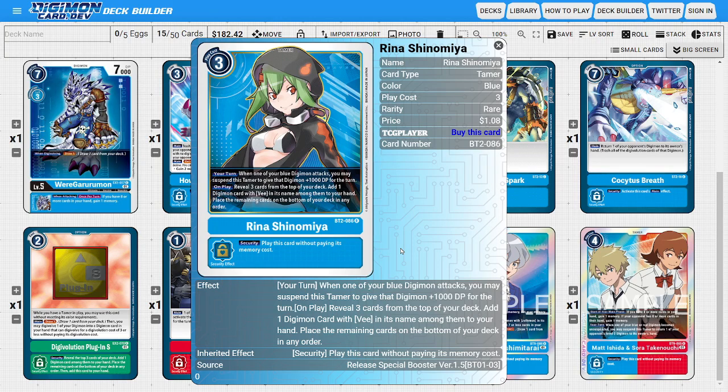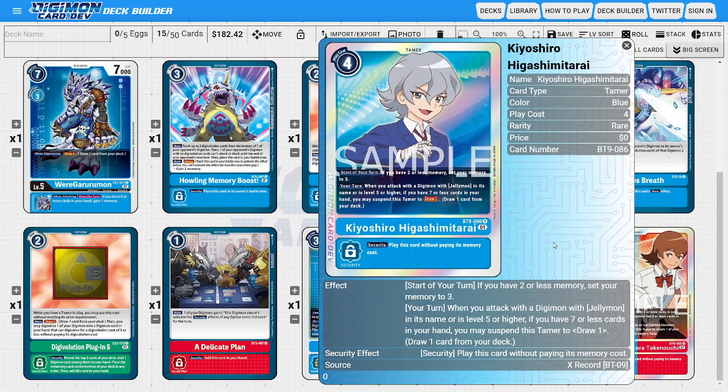could help with our consistency with our on-play effect, looking for V cards, and also helps with our DP boost in case we don't have jamming. And another memory fixing Tamer that we could possibly run that might have some decent synergy is the BT9 version of Kyoshiro. We're already trying to draw lots of cards, so I don't necessarily think the ability is that useful compared to the consistency off of Davis, but it is just a good budget substitute